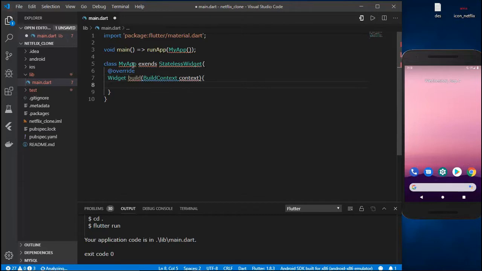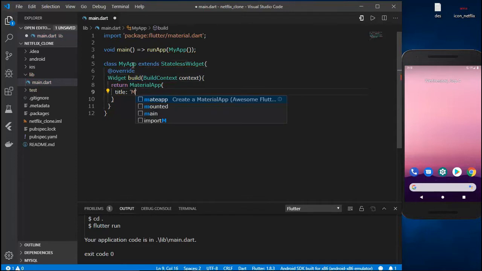And we will return a MaterialApp. And inside the MaterialApp we will provide a title, which should be Movie List,